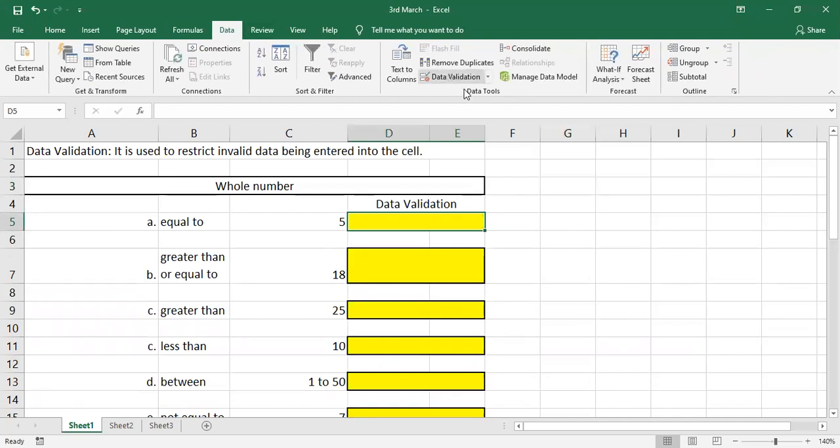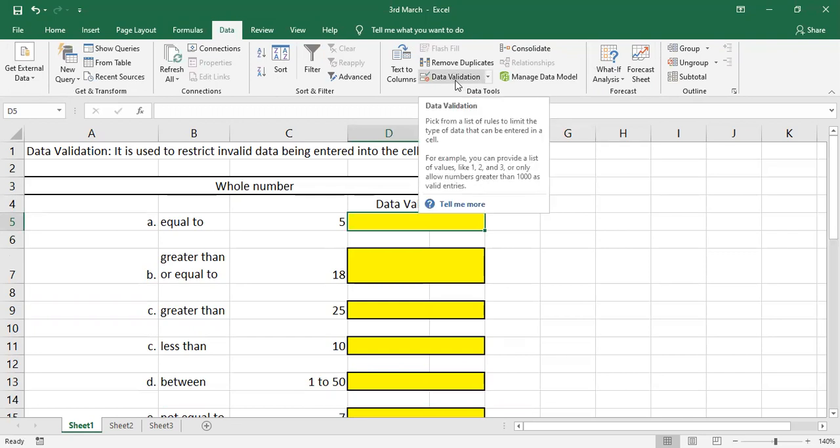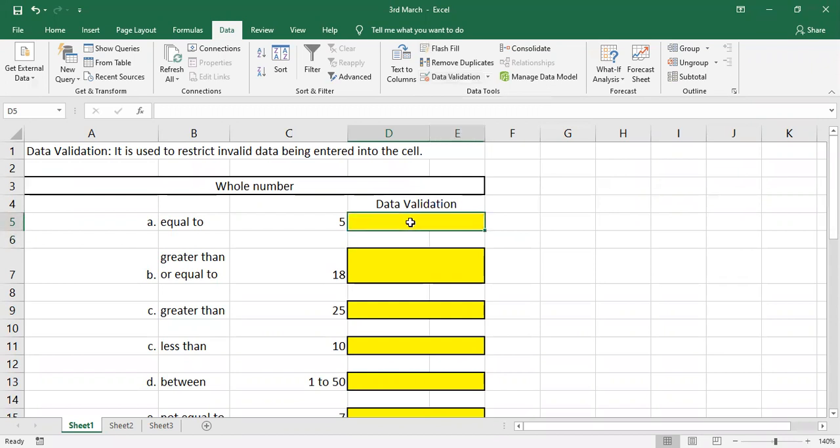So what we need to do: this data validation option comes under the Data tab, under the Data Tools group. Here we have Data Validation. It says, pick from a list of rules to limit the type of data that can be entered in a cell. Here we have different types of validation. Let us see the first one, which is whole number.